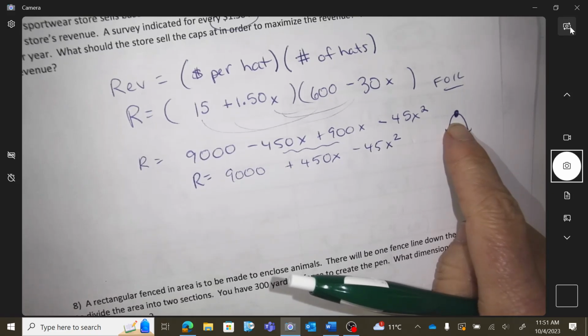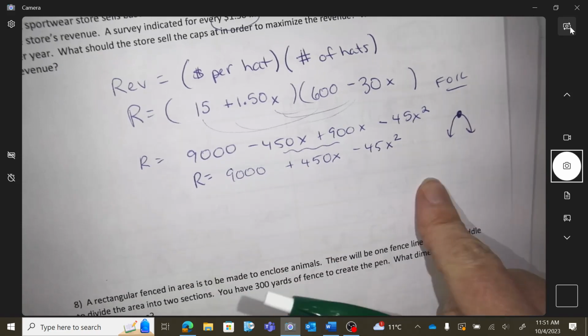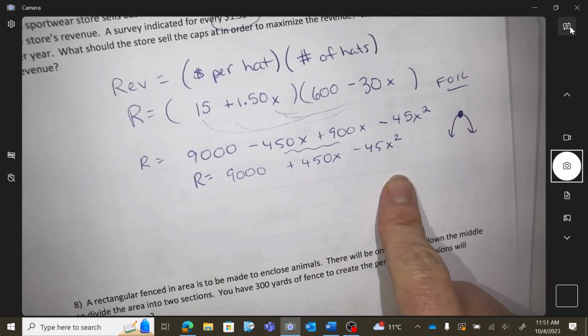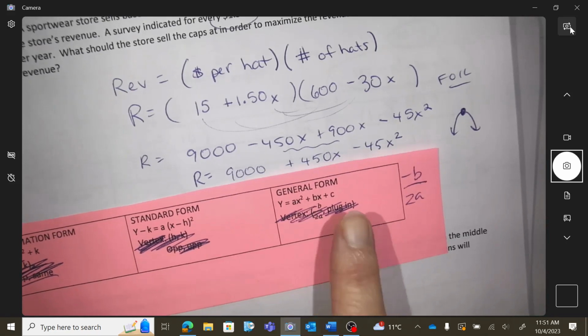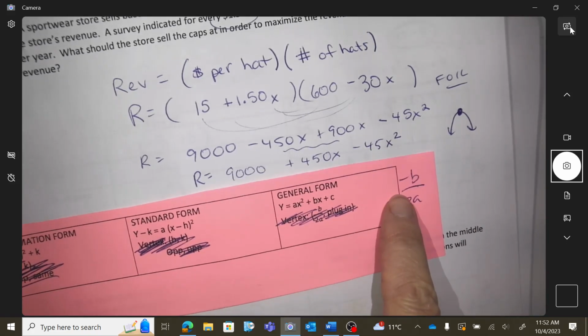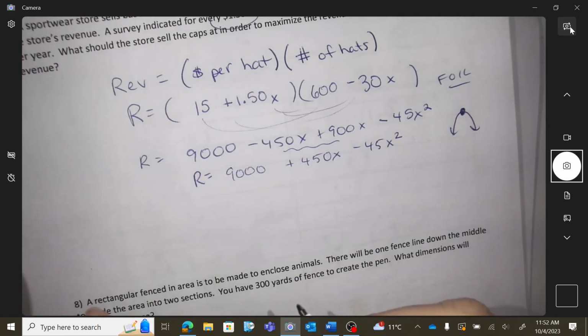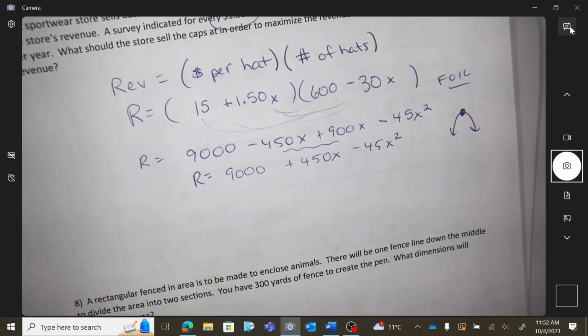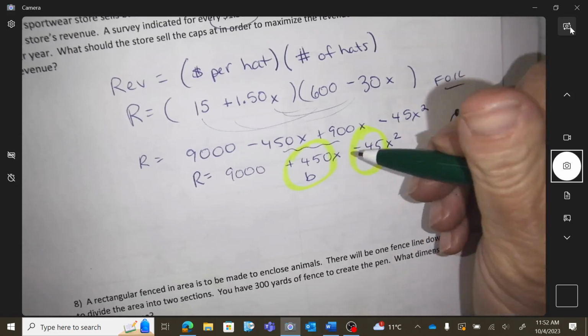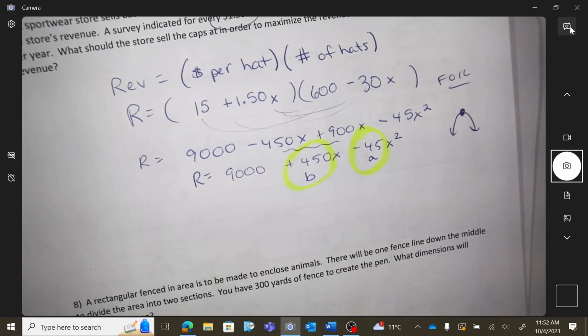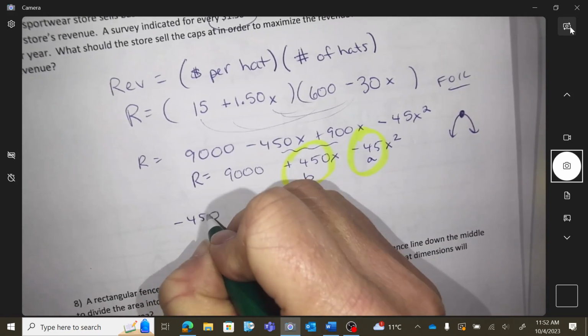Vertex stuff, right? Vertex. So if you're looking like this, what do you do to get a vertex? Negative b over 2a. So do you have all your letters written down? Like this would be the b. This over here is actually the a. Okay, it's not about the order, it's all about the x squareds. So negative 450